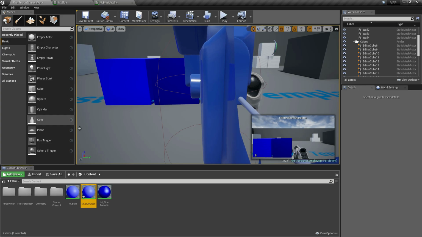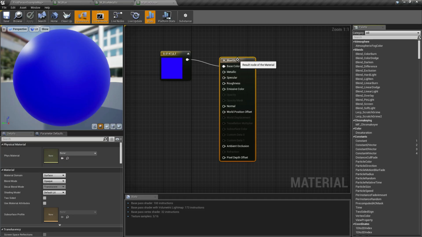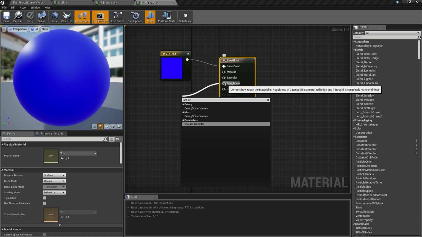So let's open this material and we're going to use the scalar parameter in the roughness, by dragging the connector of the roughness into a scalar parameter.